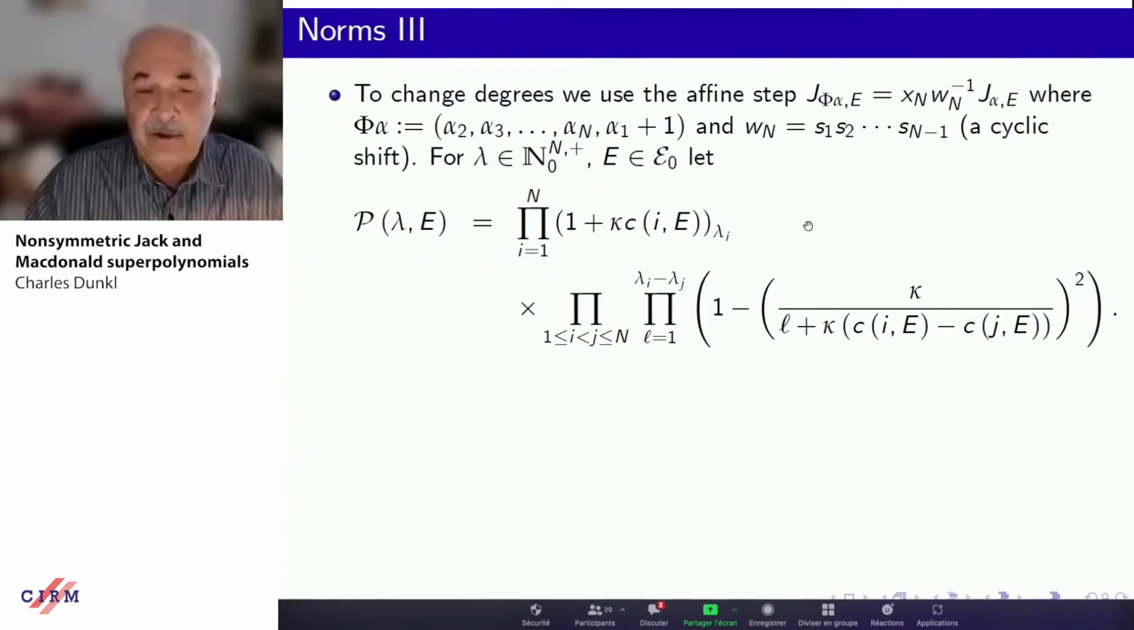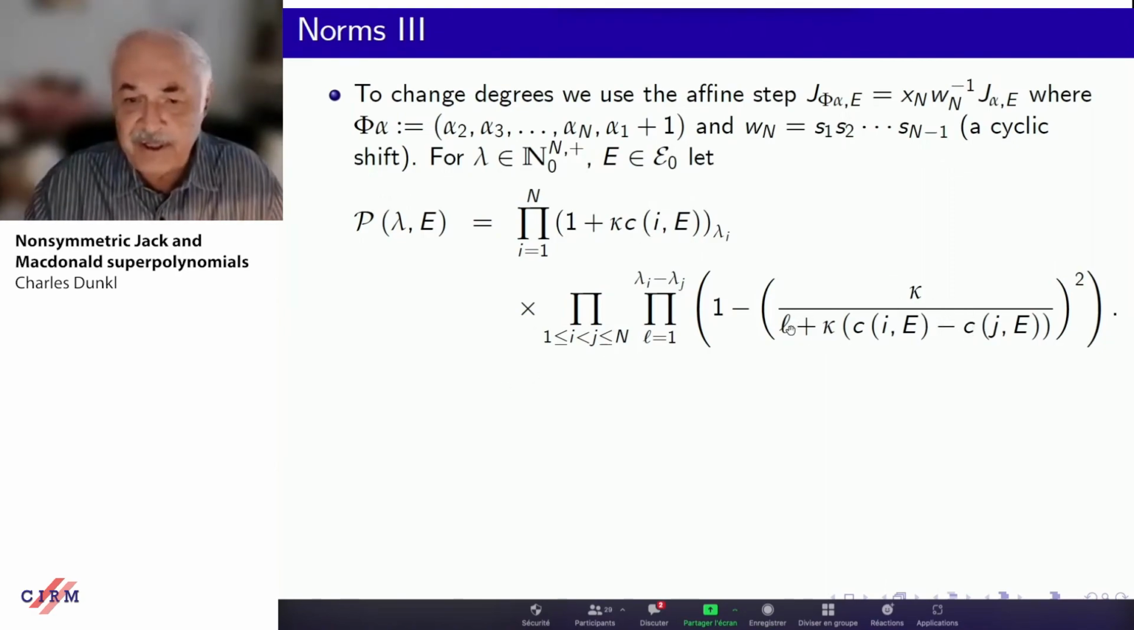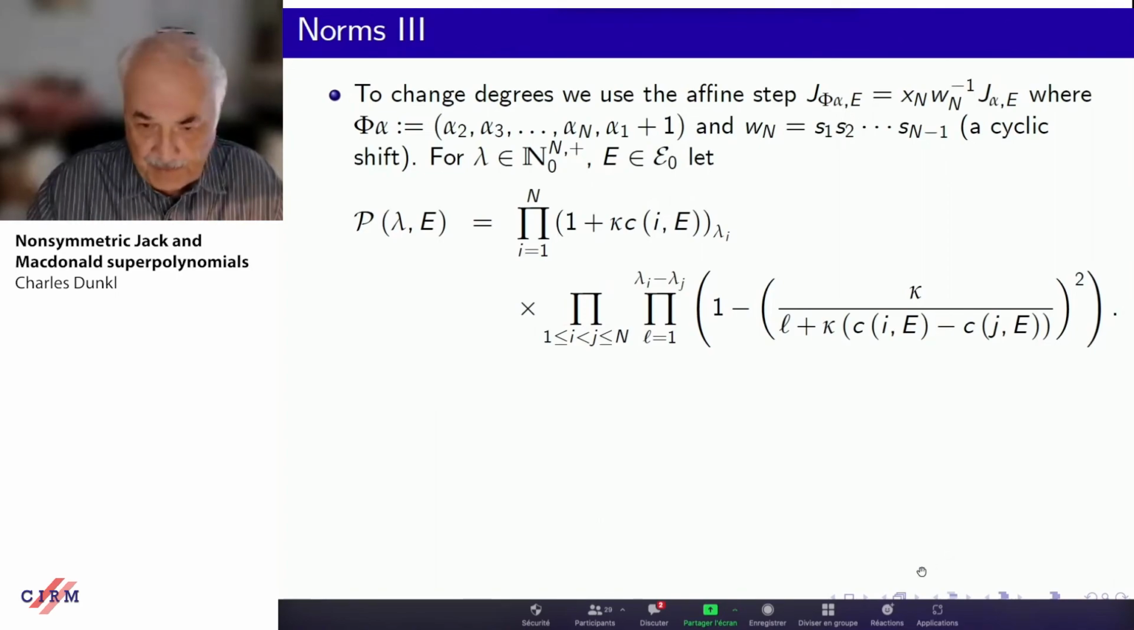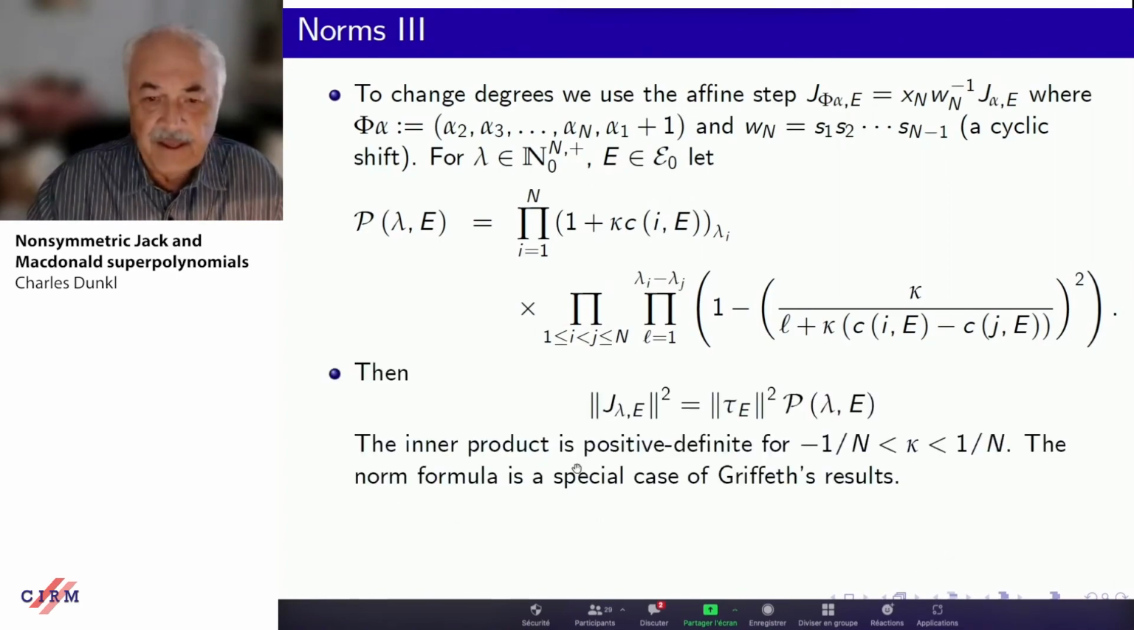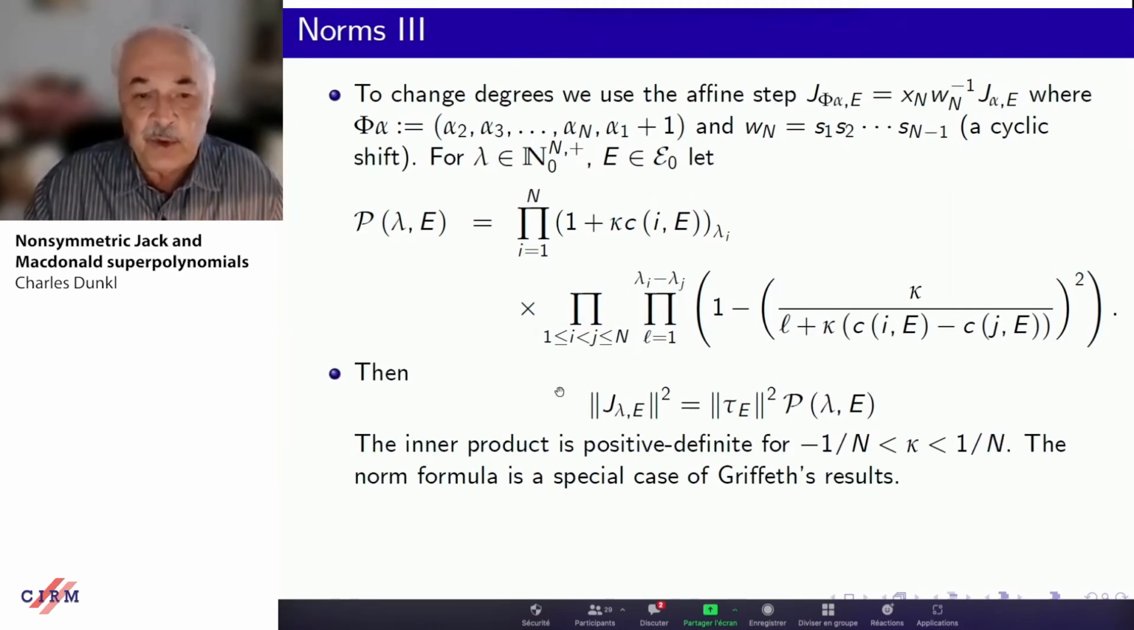That's inside one degree. To go from one degree to another, there's the affine step. This is how you create a larger degree polynomial. You shift the variables with w_n, this big shift, and then multiply. And this leads us to this formula. So this is a product using the contents, and then we have more content formulas. And then the relation is that the norm of J_λ is the norm of the τ_E